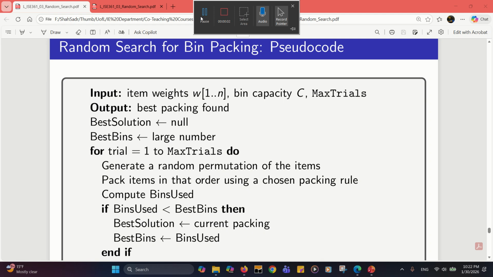Hello everyone. In this recording, we are trying to convert this pseudocode for a random search algorithm for the bin packing problem to Python code, and then see how it works, and also do some correctness tests on the Python code. So first of all, here is the pseudocode that we have for the random search bin packing problem,